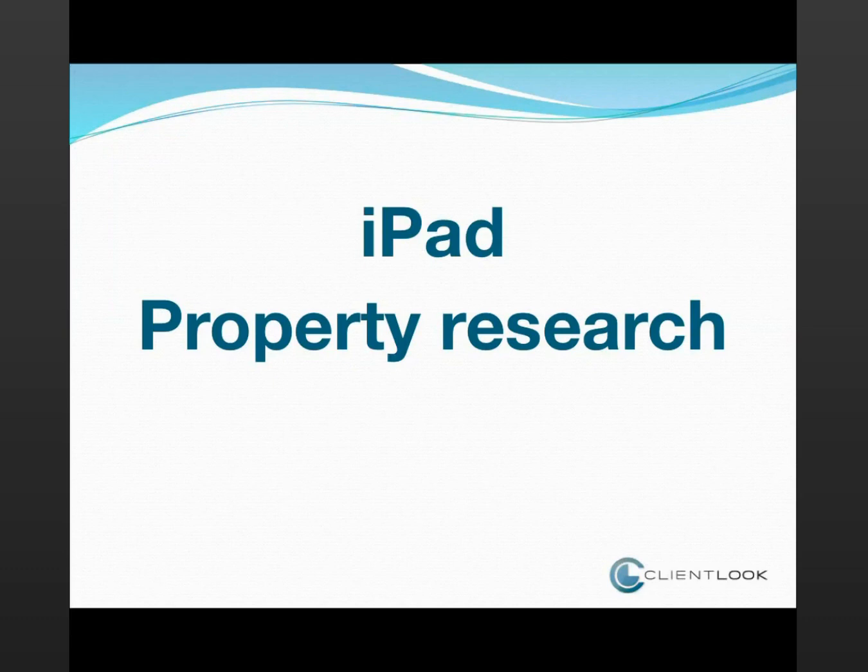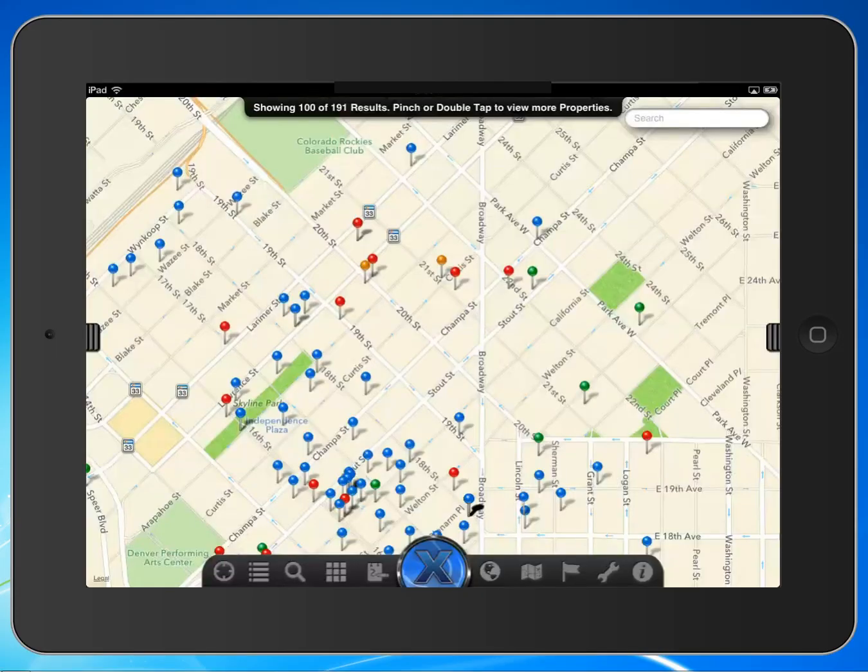Now, for this presentation, I did some testing on the new Xceligent iPad app called Explore, which I'll pull up for you here. Now, these property research apps just amaze me. It's incredible to see so much interactive detail in one screen, and the results are fast, which makes it really easy to jump from property to property. Now, admittedly, I don't have a lot of experience with apps like this because I'm not out there chasing deals, but if I was, I don't see how I could compete without something like this.